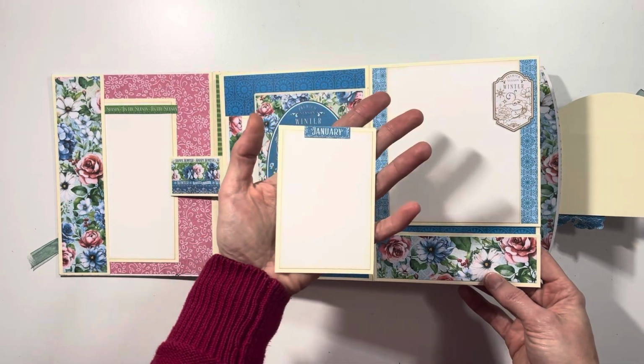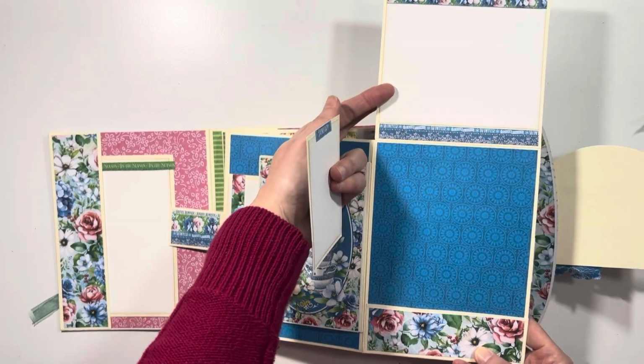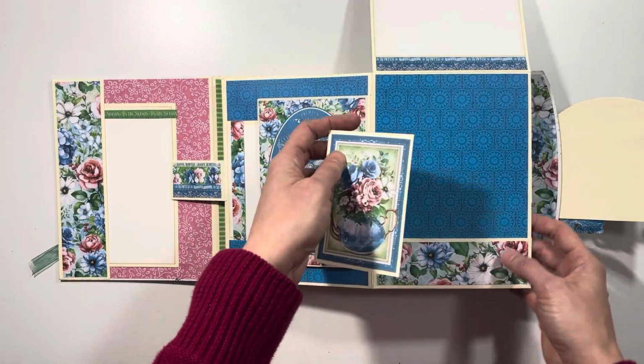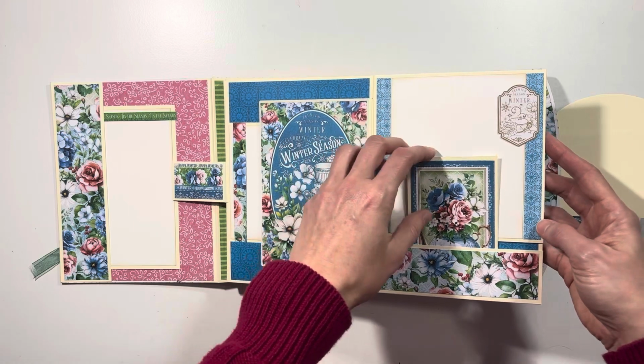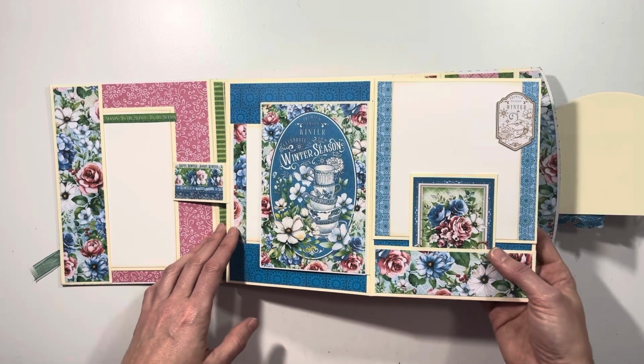I have a smaller photo mat here that holds this flap closed. This opens up, room for a photo there. You could place a photo on the page, or you could make another large photo mat and place a photo mat in there. There's plenty of paper left over, so you could add a bunch of additional things to this